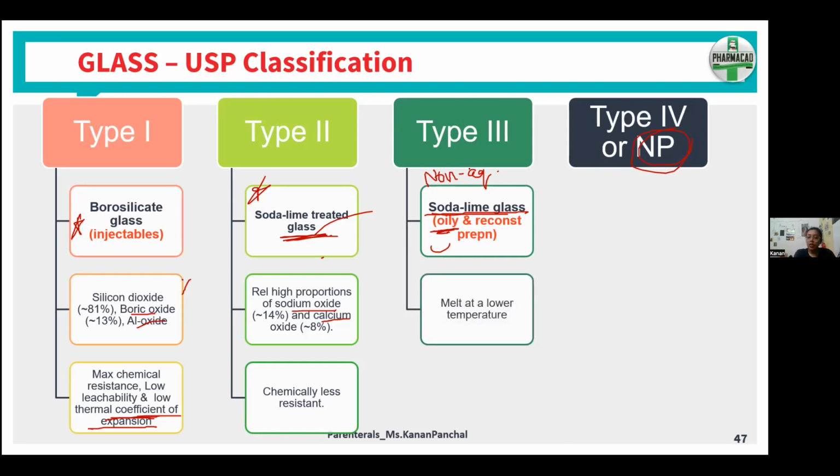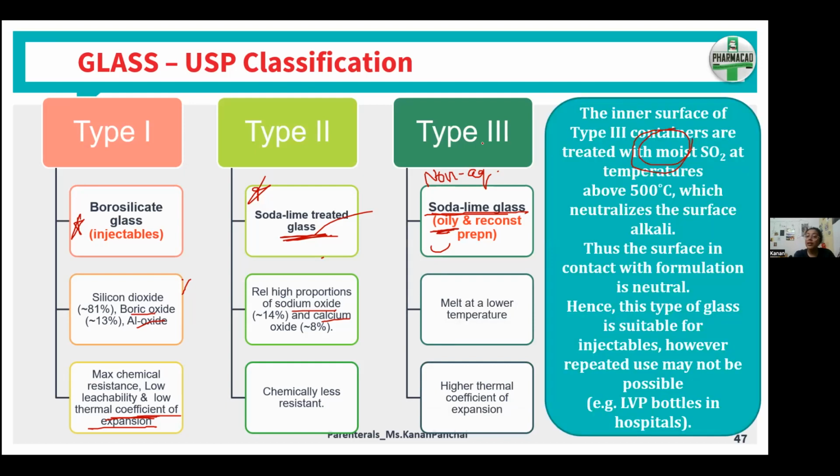All right. So they melt at lower temperature and they have a higher thermal coefficient of expansion. That means they are less stable at higher temperatures. Now let us understand what is the difference between your soda lime glass and soda lime treated glass. Soda lime glass is basically something made of your soda lime. Now, when you coat the inner surface,